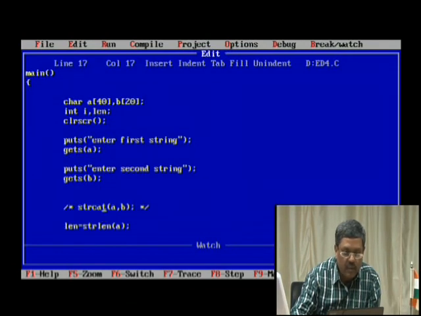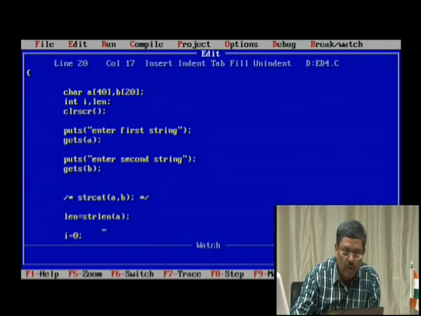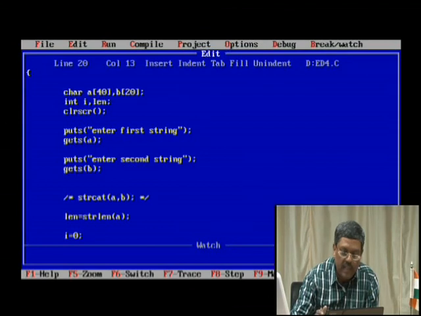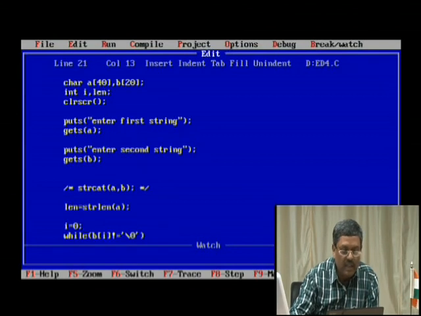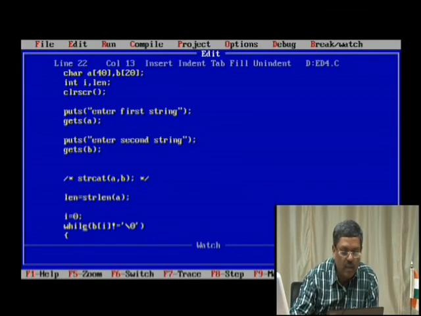So what is the logic over here? strcat is the library function which we are trying to do on our own. How to do that? First of all, get the length of the character array A and store it into the variable length. That's very important, because from there onwards, whatever space is available in the character array A, you have to start from there. And then I is equal to 0, it's a counter. We do not know how long the second string is, whether it is city or Bangalore capital, like that. So we do not know the length.